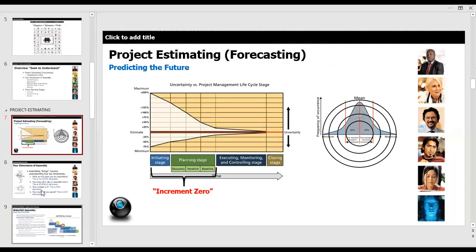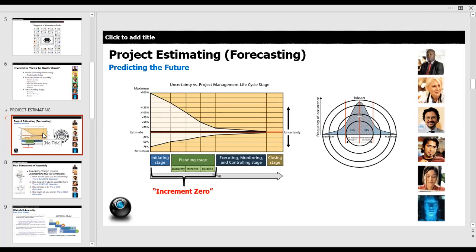Okay, so let me start off with this slide right here. This is kind of where we're heading. You'll notice there's an image on the left that looks like a funnel on its side, and it is in a way. At the top of the image, it says uncertainty versus project management lifecycle stage. And then underneath in bright red, it says increment 0,